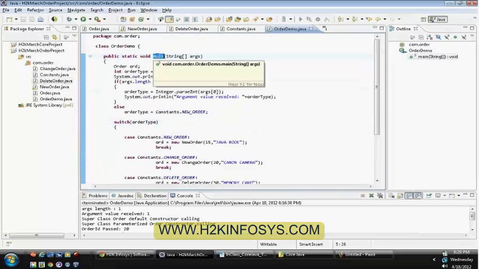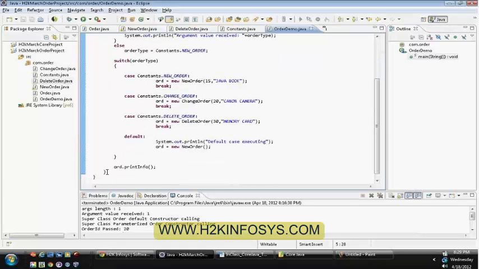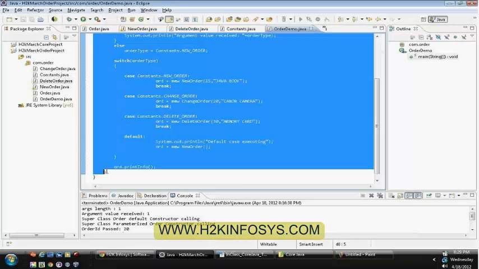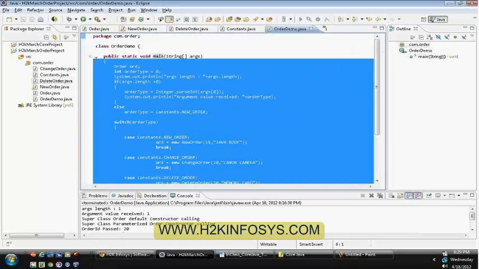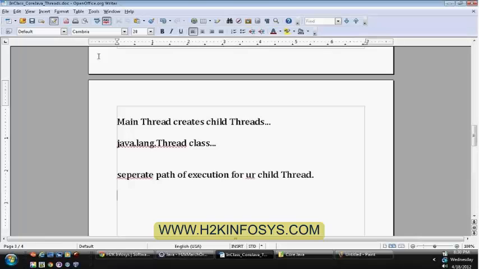JVM starts executing the main method and it will complete the execution with the main method only. That means whenever the control has reached the end of the statement, the end of the curly brace, the main method is completed and your thread will terminate. So main is the starting point and end point for your main thread. In the same way, for each and every child thread, there is another method, the run method, which is the starting point.